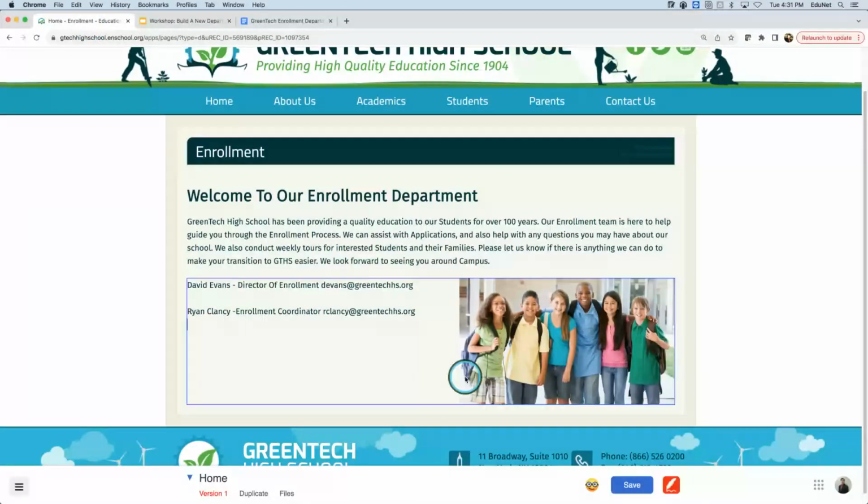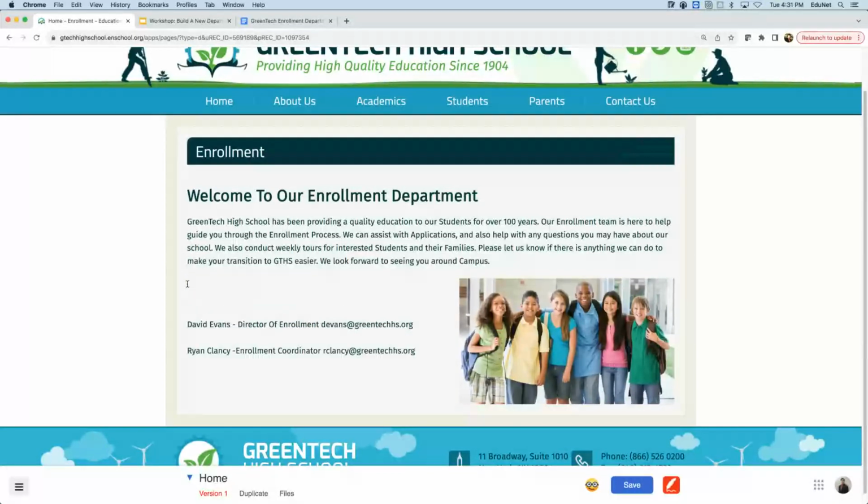Perfect. Now, this page is looking really, really good, but there's something more here we can do to help with accessibility. That is to add on an additional heading. We need a heading for the contact information that we have. So I'm just going to move this text down a little bit. And what I'm going to do is I'll type out that next heading. So we'll type out admissions